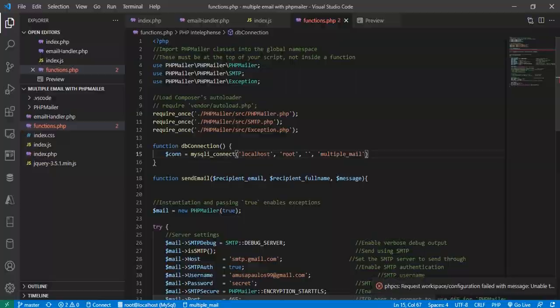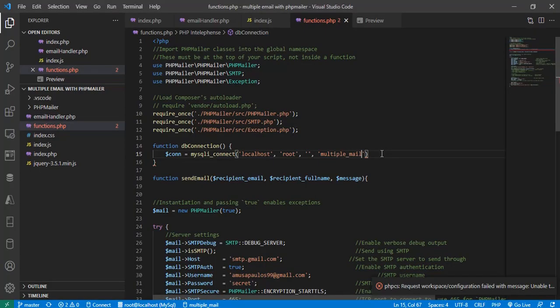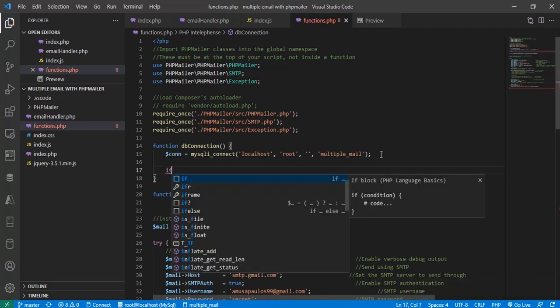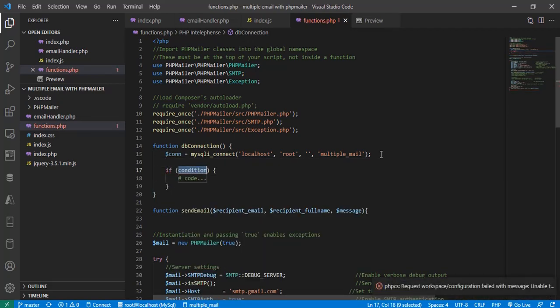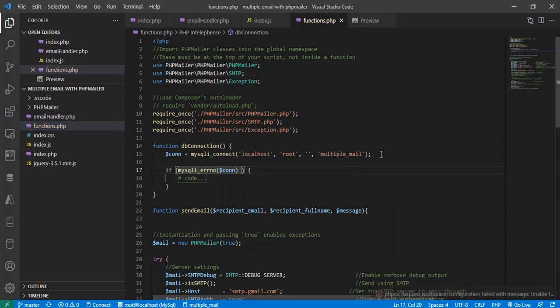And you want to view it, multiple mail. Okay, so let's check if an error occurs. If my SQLi error number in the connection is greater than 0. If it is equal to 0, that is no error occurred. Die. Stop the execution and